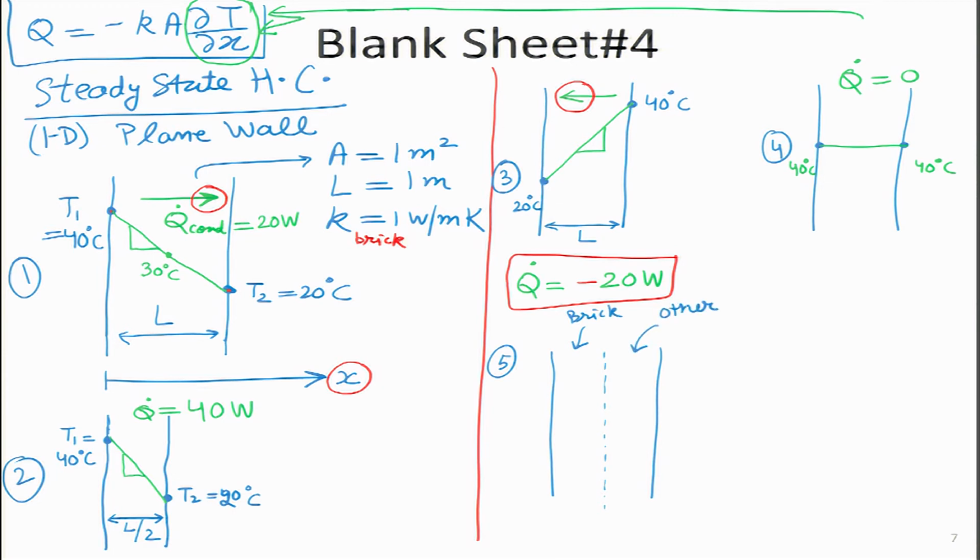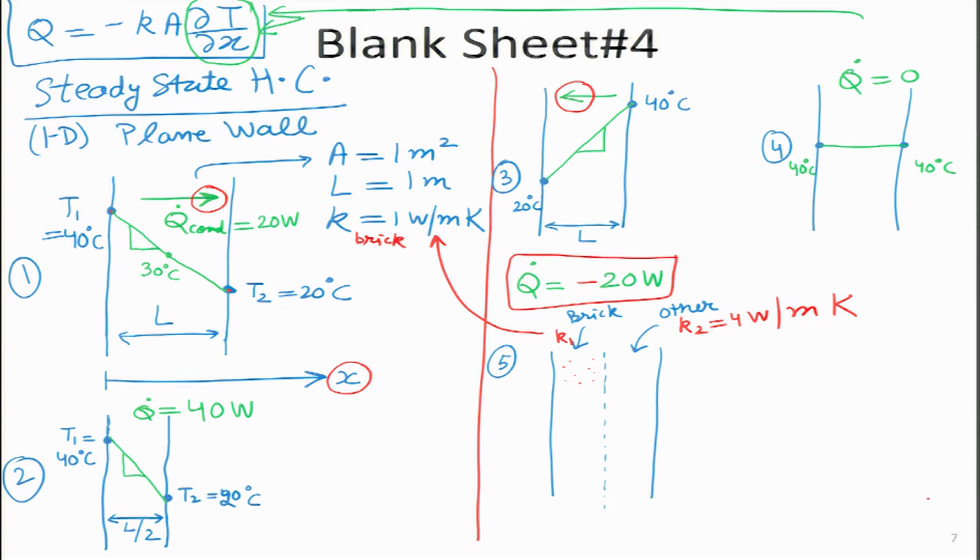And the important thing of this other material is that its thermal conductivity is much higher. So, I will use the subscript K2. So, brick I will say is K1. So, that is the thermal conductivity in this zone on the left side. And the thermal conductivity of this other material is 4 times that of brick. So, I will write it as 4 watts per meter Kelvin. So, remember, for brick our thermal conductivity was given over here as 1 watts per meter Kelvin.